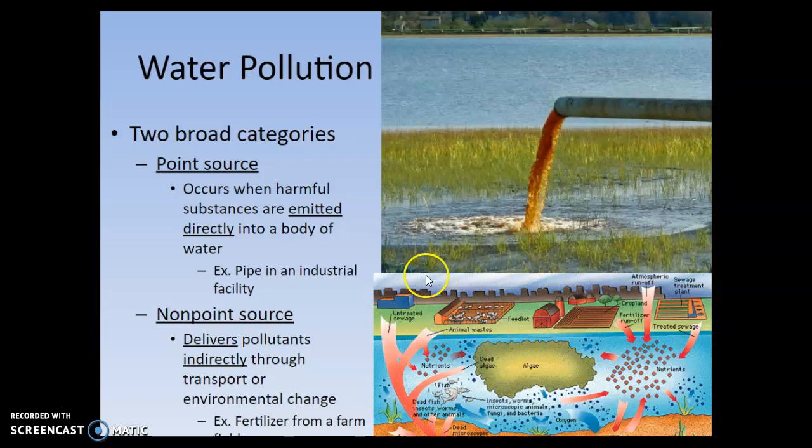And when it rains, all of that pollution gets washed together. Okay, it gets washed together and it gets washed into this waterway here. Well, you can't really identify which exact farm that pollution came from because they're all contributing to the pollution. So it's a non-point source.